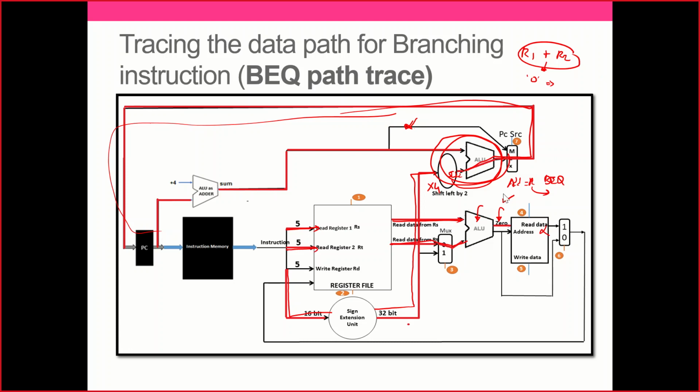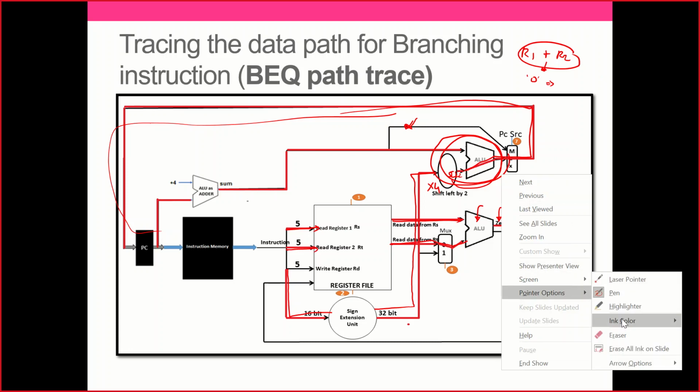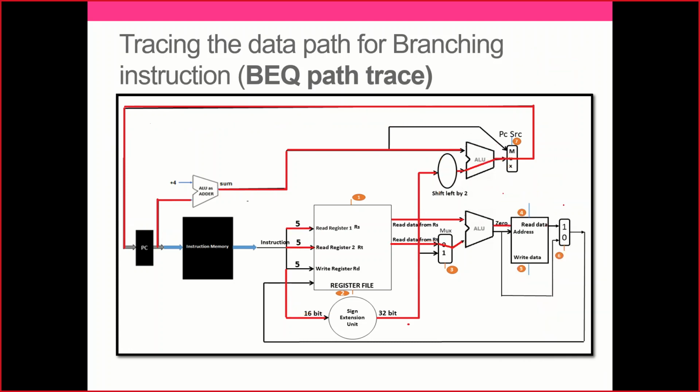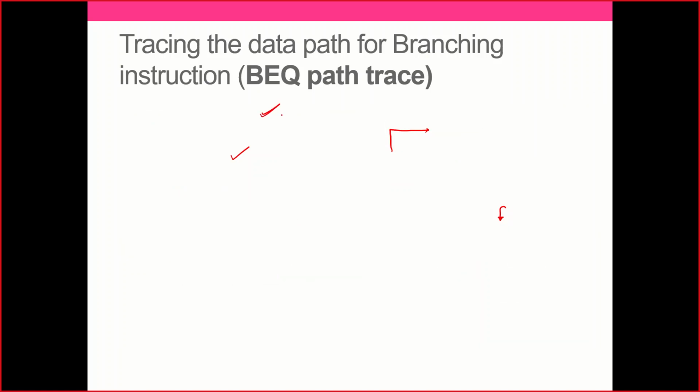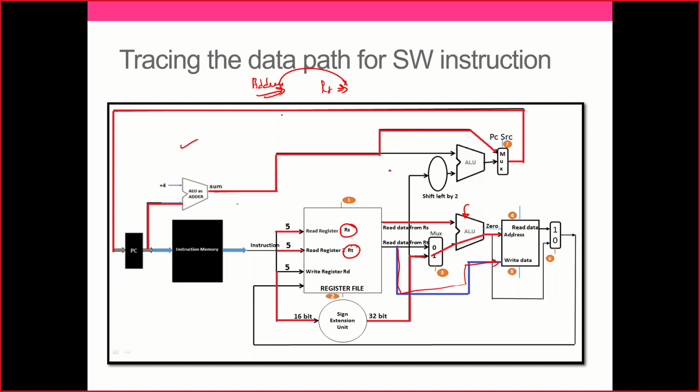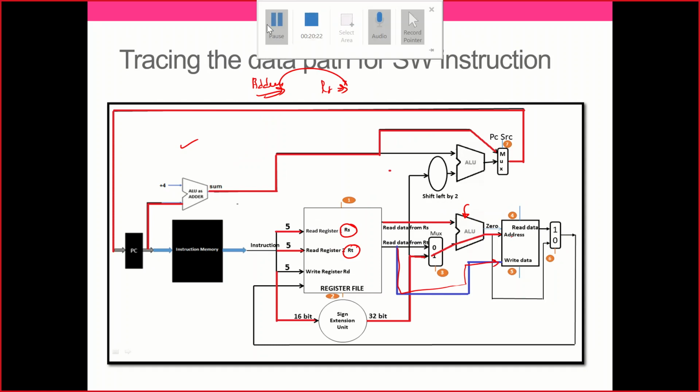This is the new inclusion, and remember it, whenever there is a branch if equal or branch if not equal, this result will be appropriately seen, and based on that I'll have to choose this path, and then I will get updated, and this part is now enabled. Last time it was not enabled and we bypassed it. We chose this path, and this time we are not doing that. We are using this path which is required for branching. Now I have an assignment for you guys, so please remember, I want all of you to try this out in your notes.